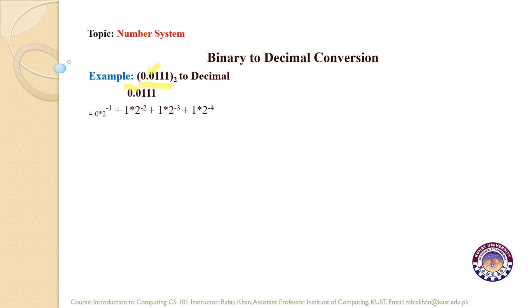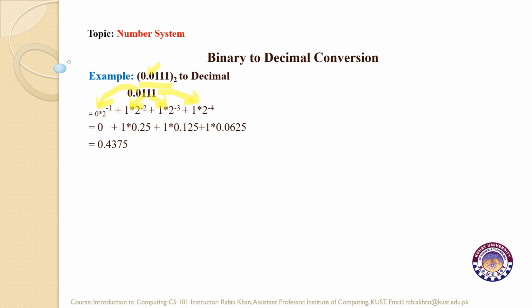First, 0 is multiplied with 2 with power -1. Then 1 is multiplied with 2 with power -2, another 1 is multiplied with 2 with power -3, and the last one is multiplied with 2 with power -4. The result is in front of you after multiplication, and after summing up the results we get the final answer as